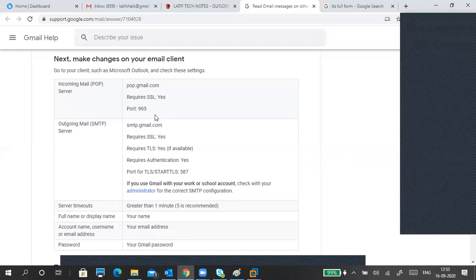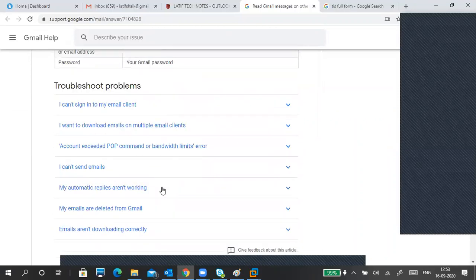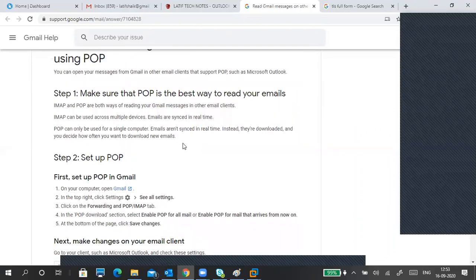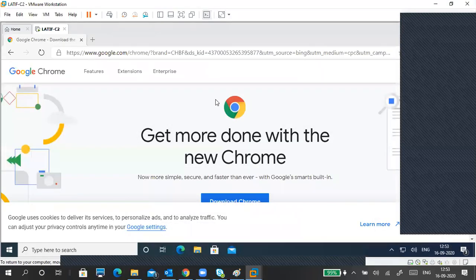Okay, so I will show you how to configure it. Outgoing is for sending mail. For outgoing, SSL or TLS is an option, and you can use it. If you select SSL, use the SSL port number. If you are using TLS, use the TLS port number. And make sure that one option is disabled. Then only we will be able to do it.